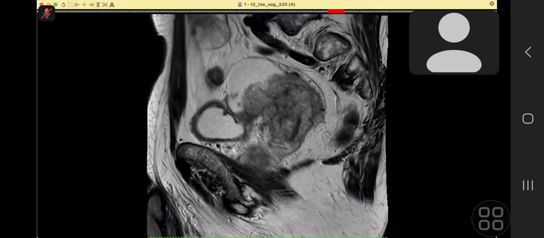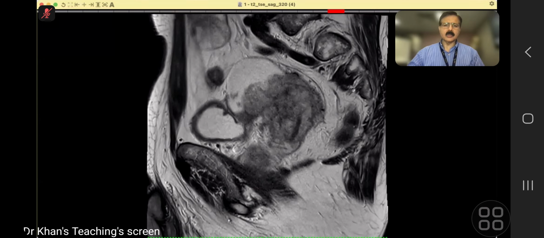Maybe by inserting a double J catheter. This will be helpful. Okay, we stop here. So this case is